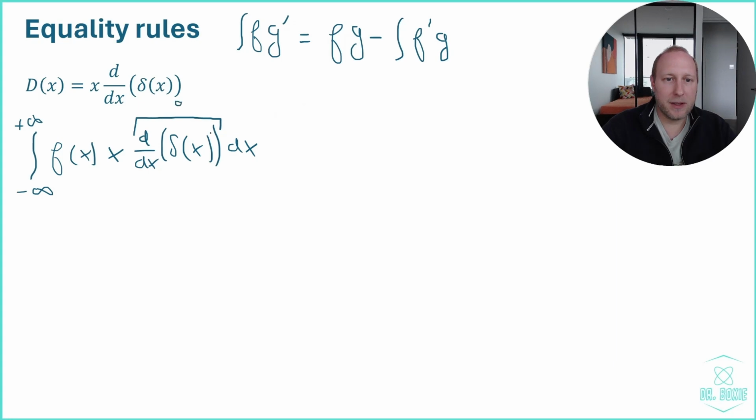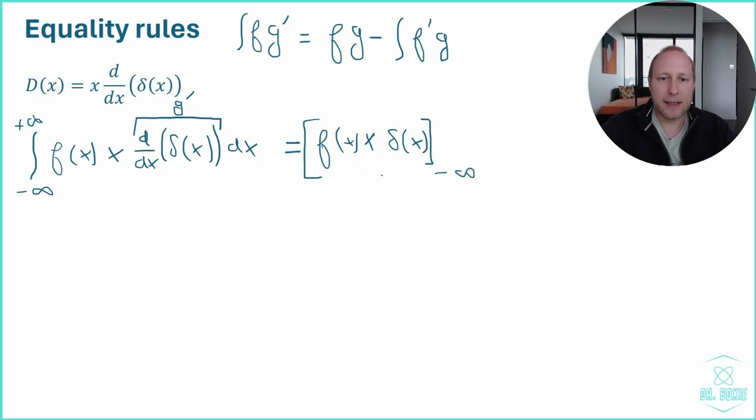So the derivative of the delta function is what we will use as g prime, and so the rest, f of x times x, will be f. And so if we apply this, we get f of x times g, and g is the antiderivative of the delta function, which is simply the delta function itself, and that needs to be evaluated at the boundaries, which is negative infinity and positive infinity, minus the integral from minus infinity to plus infinity of the derivative